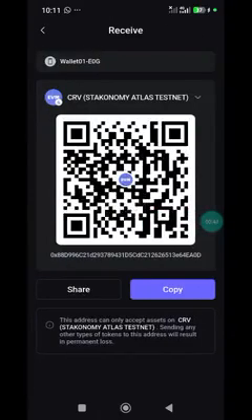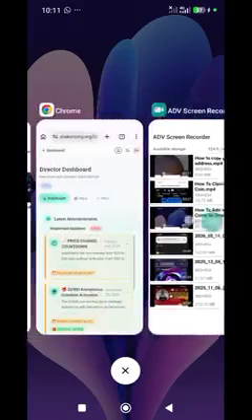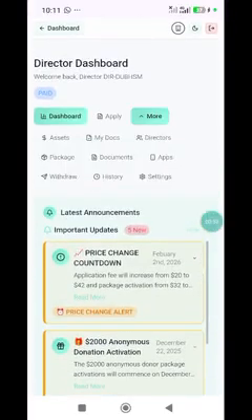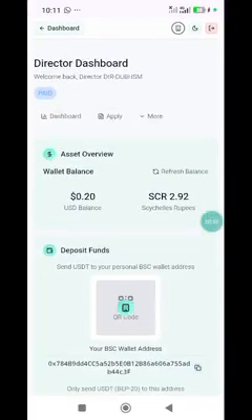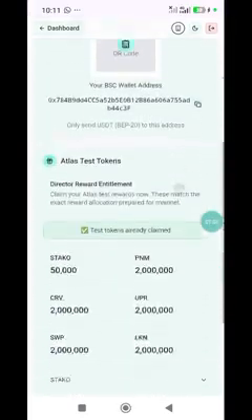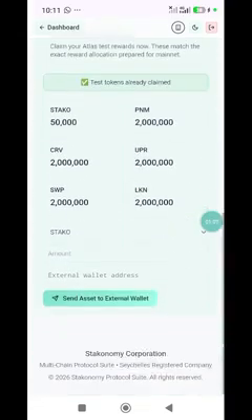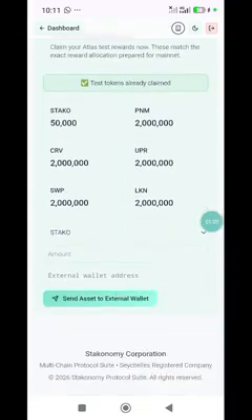You go to your Stakonomy portal or your dashboard. On getting to your dashboard, you click on more, and then you click on assets. So you scroll down, and these are the things you are supposed to move. You have your 50,000 STAKO, you have your 2 million other coins each. Then here you have the